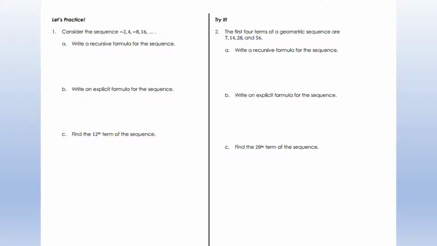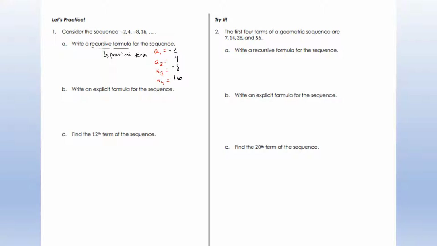All right, so let's look at a couple of examples here. Consider this sequence, -2, 4, -8, and 16. We're going to write a recursive formula. So remember, recursive uses the previous term in the sequence. So we need to know what is happening to the term before it that is changing. So if the first term, A1, A2, A3, and A4,